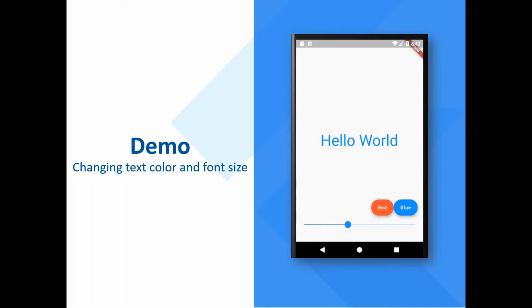So this is the second part of the lesson or lecture for today. So next, I'm going to show you a demo on Stateful widget. Okay. So in this demo, we are going to do an application, something like this,